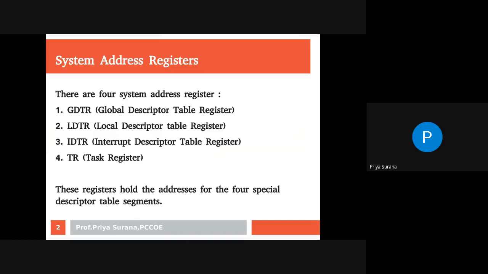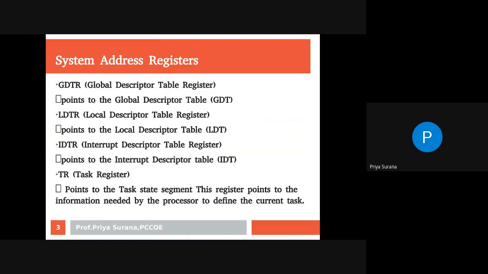So GDTR, LDTR, IDTR, task register. The basic thing: GDTR points to the global descriptor table. Three tables are there: LDT, IDT, GDT. GDTR points to GDT.